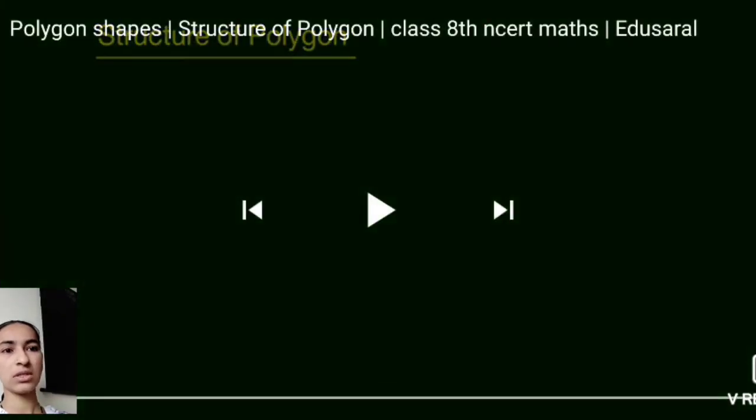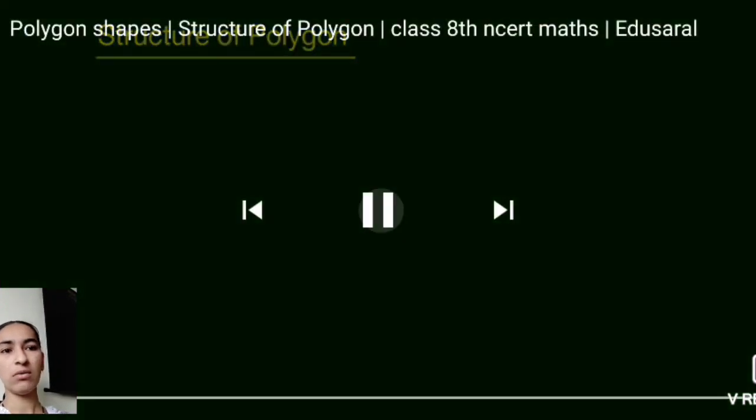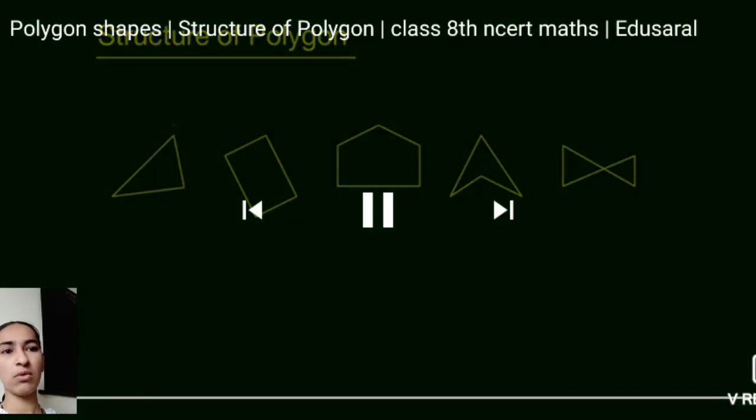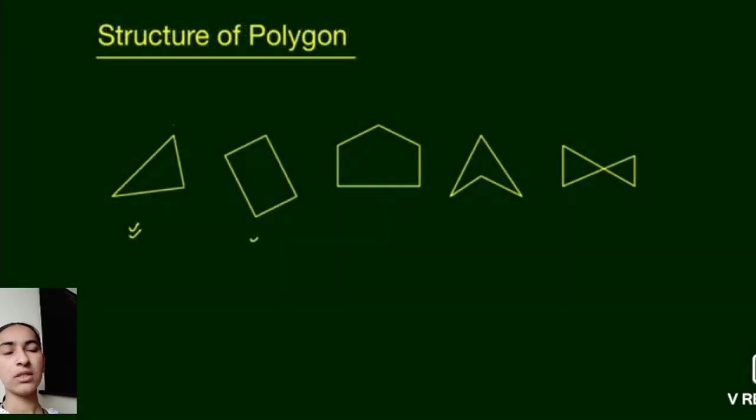now the structure of polygon. Just now we saw the definition of polygon. A polygon is a closed figure. Now we will see the structure of polygons. See, this is the first, a triangle, second is a rectangle, then this is another figure. All are closed figures. Yes, these are complex. Why are they complex? Because they cut each other, they are somewhat different.